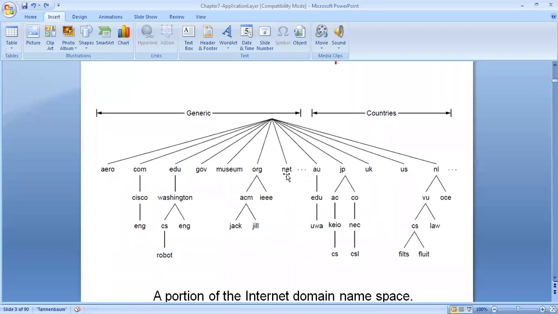And if you have the net, so in the internet, it will be net. Basically we have generic and countries. So all this com, education, government come under the generic. And one more flavor is the countries. Every country has got its own, dot in for India, dot US, dot UK, and so on. JP for Japan, and so on. So this is how we segregate the generic and the country domain names.